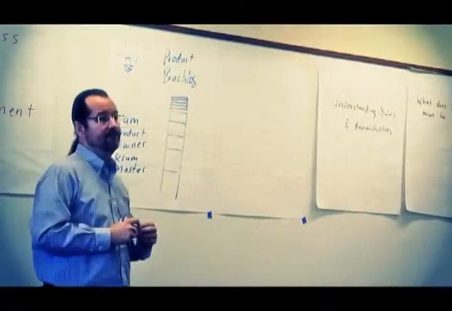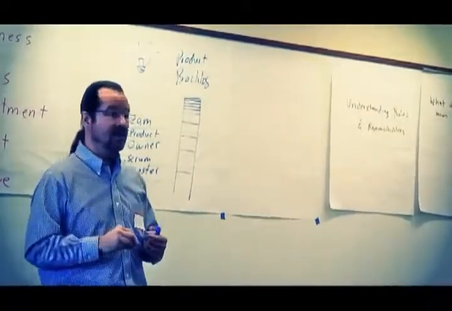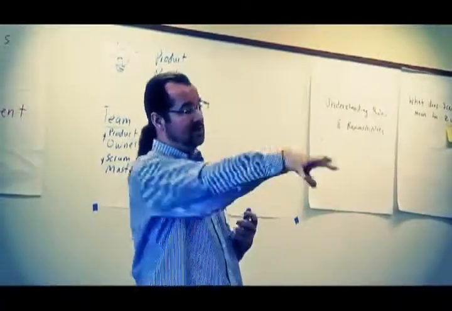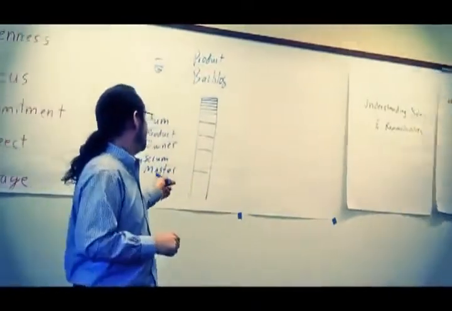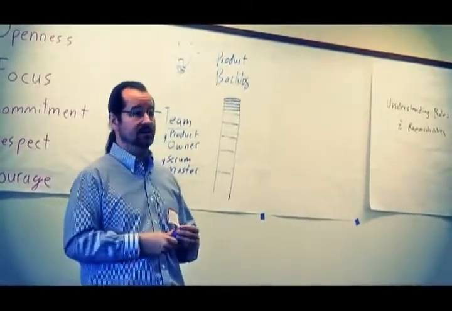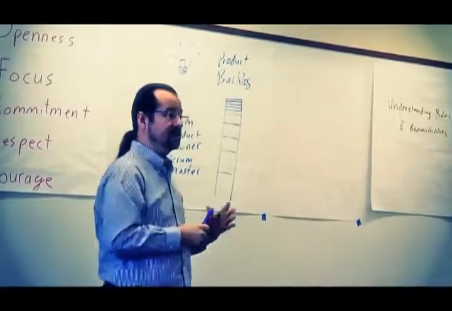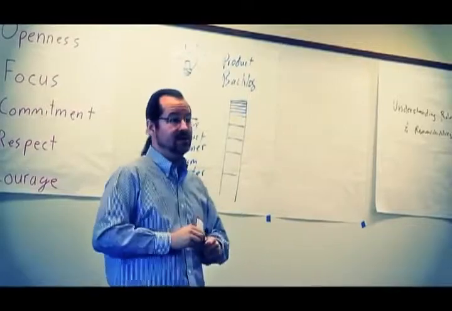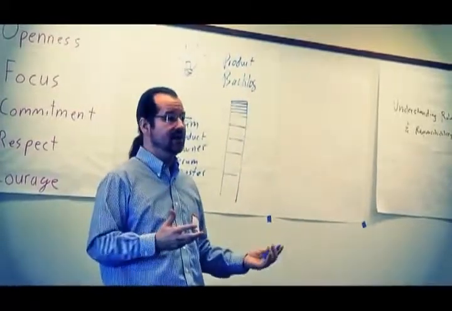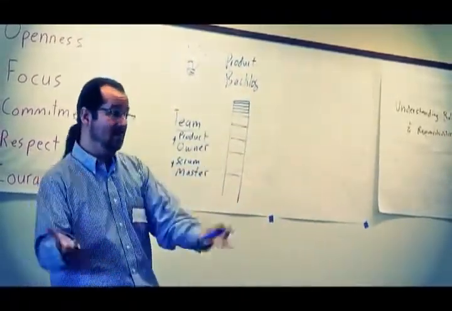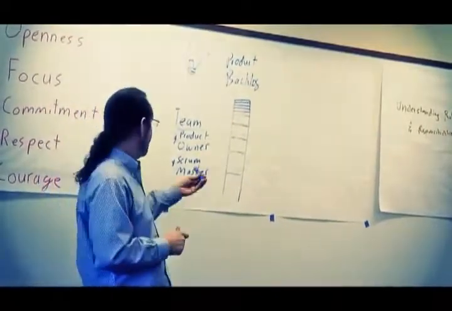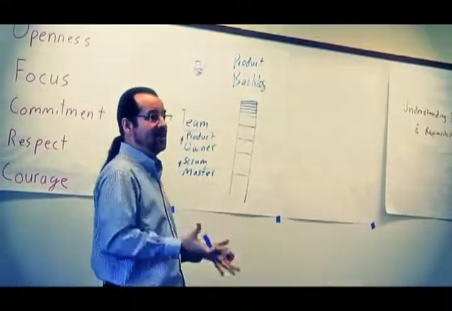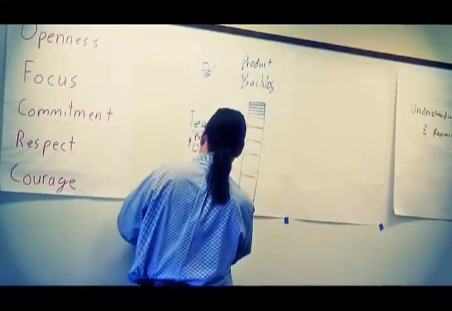Short-term job of the Scrum Master is to remove impediments. What are the things today that are getting in the team's way? How can we get those out of the team's way so they can get their job done? And the Scrum Master is the team's local Scrum expert, right? Just like our Java developer is an expert in Java, our tester is an expert in testing practices, our Scrum Master is an expert in Scrum and related Agile practices and can bring that knowledge to the team to help the team perform well. They're not the Scrum bullies. They don't run around going, you're not doing it right. But they're there to bring that knowledge to help the team perform.